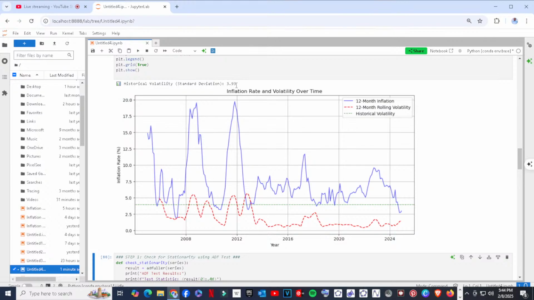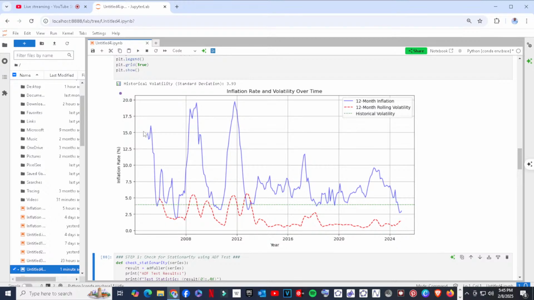And that you saw in the time series, because if the volatility is below 3.93, it means we are having more predictable inflation rates.